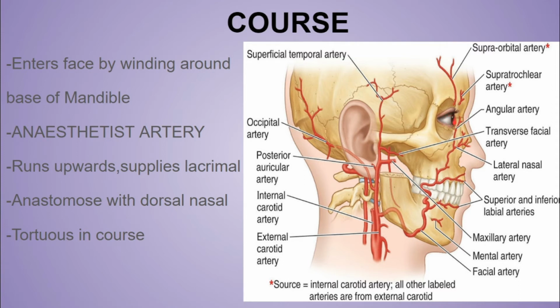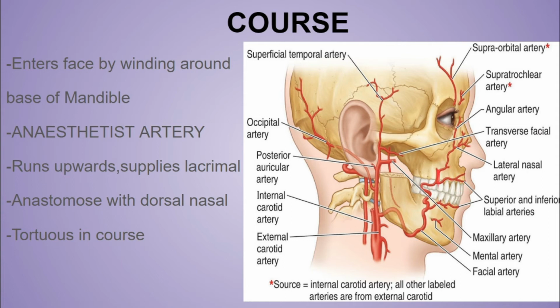The lacrimal sac is a part of the lacrimal apparatus, and over here it anastomoses with the dorsal nasal branch of the ophthalmic artery. Somewhere over here there will be the ophthalmic artery, its dorsal nasal branch. So over here it will anastomose with that artery. The facial artery is actually very tortuous in this course. This tortuosity actually prevents its wall from being unduly stretched during the movements of the mandible,